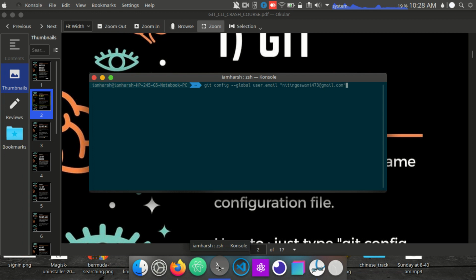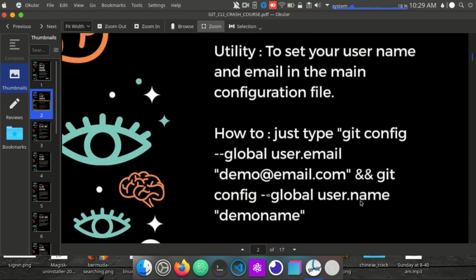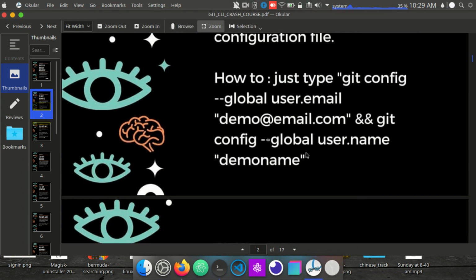Then type this command again, but replace email with name, and in place of your email ID pass the GitHub username. In my case it's the UI town. I'll pass it, and now Git knows who I am. This is the command written in the PDF file, you can also refer to it.